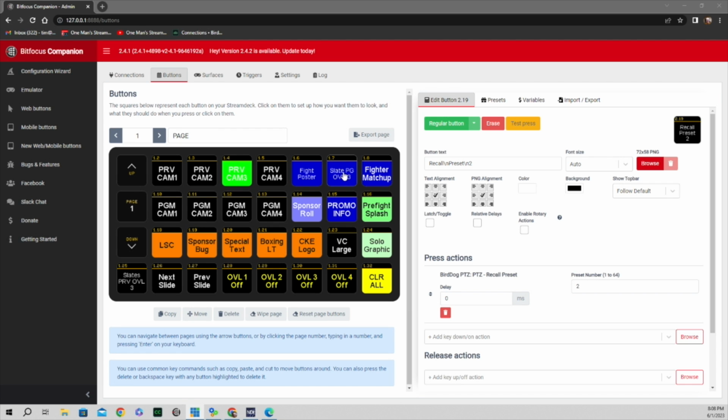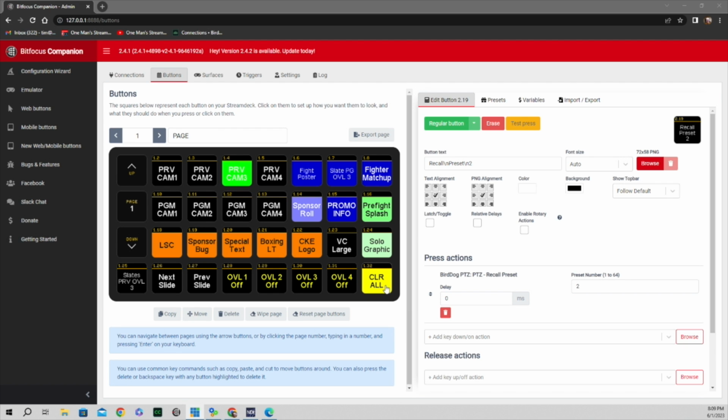This right here was the fighter slates to program. This right here is a fighter matchup. I didn't use it in the production I was demonstrating. The pre-fight splash is what I showed you that comes up on the right-hand side that has the fighters' names, along with how many rounds the bout's going to be, and then also the weight class. I have the promotional information on here. I also have a sponsor row, and then down here I have the overlays